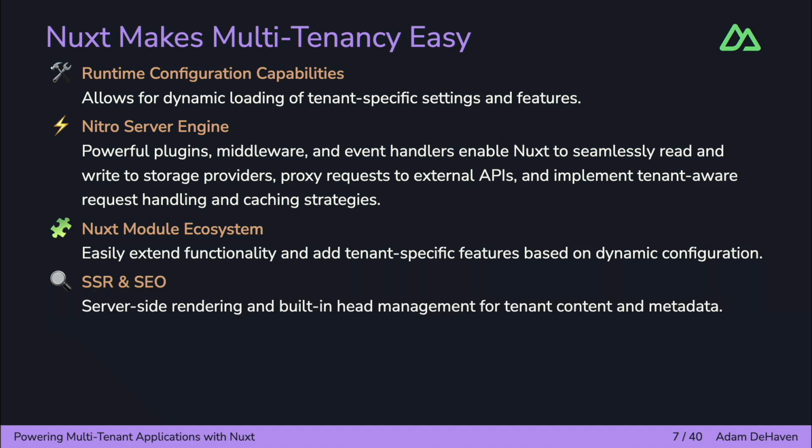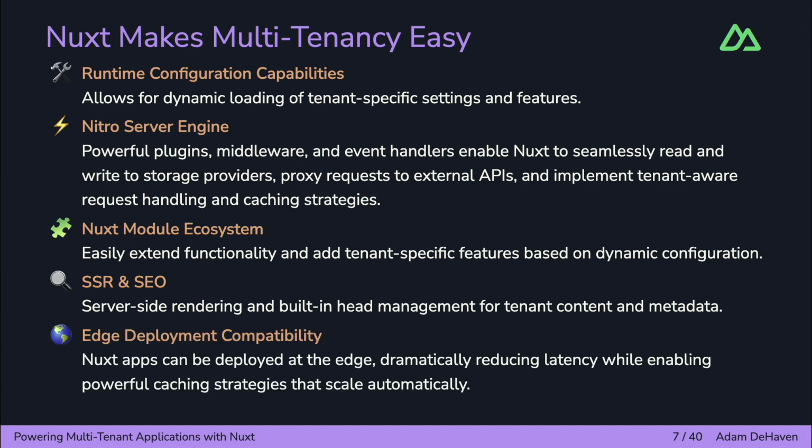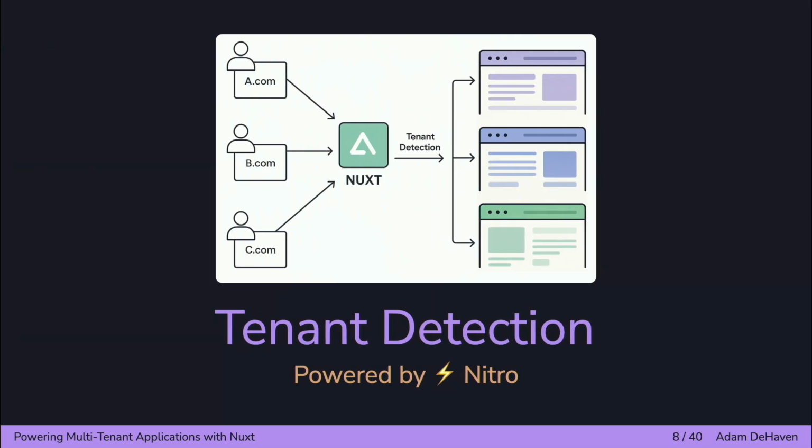Then we can talk about server-side rendering and SEO, with built-in head management for tenant content and metadata, and then edge deployment capability. Everything with Nuxt can be deployed at the edge, which dramatically reduces latency and enables powerful caching strategies that automatically scale. So to get into multi-tenancy, well, first we have to know which tenant are we trying to serve,